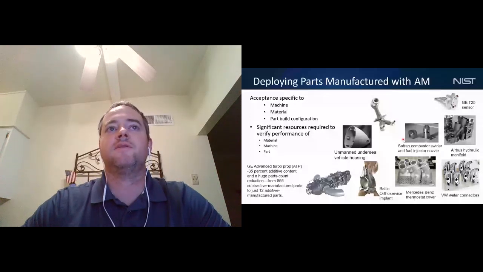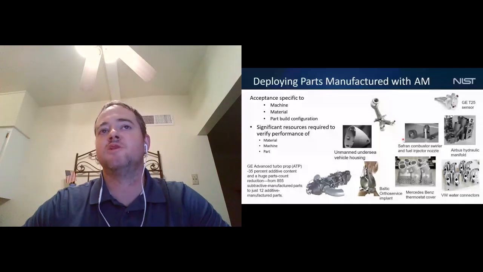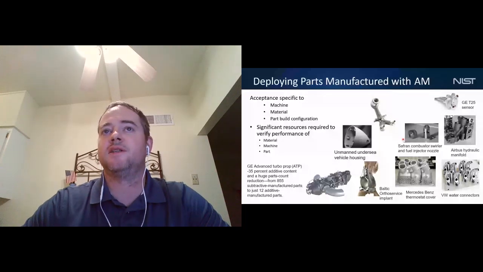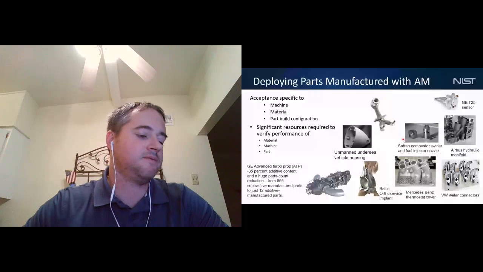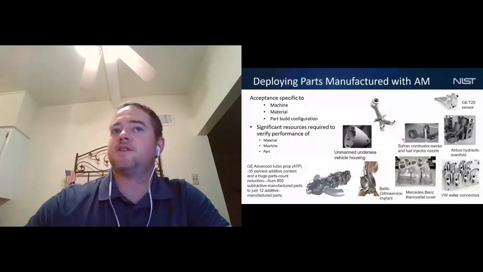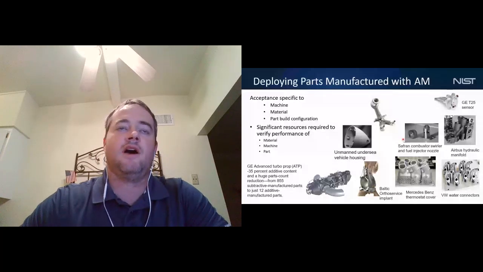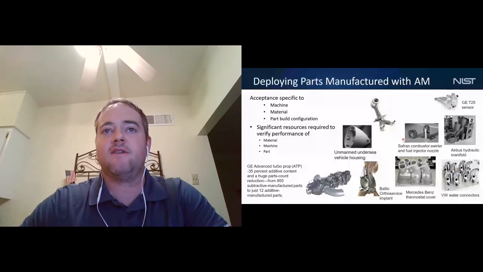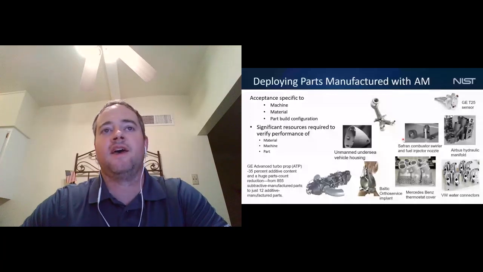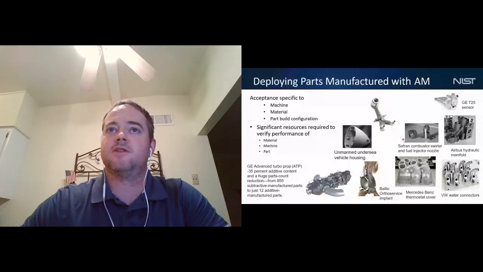That needle has moved quite a bit in the past few years. We've moved beyond some non-critical parts in the aerospace energy industry into parts across industries being developed. We've looked at it as supply chain. We've looked at it for the development of unique designs that you can't really create with any other processes.